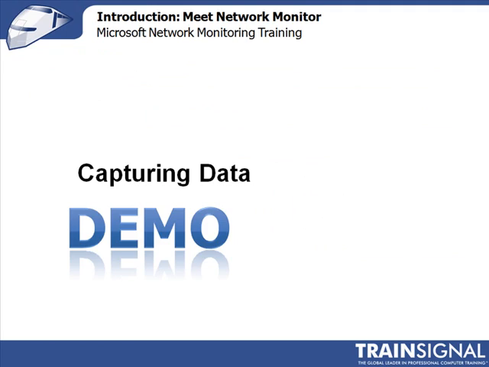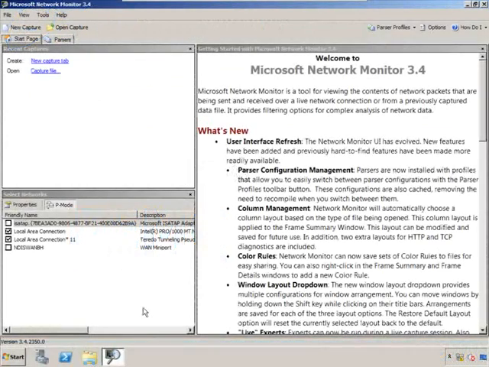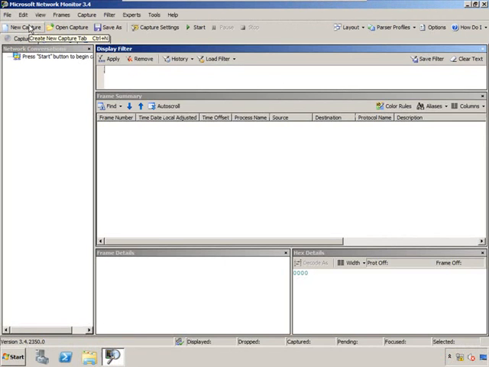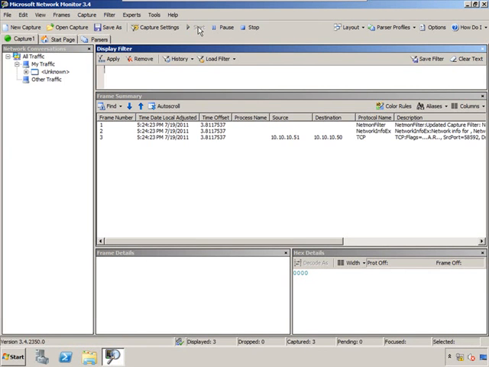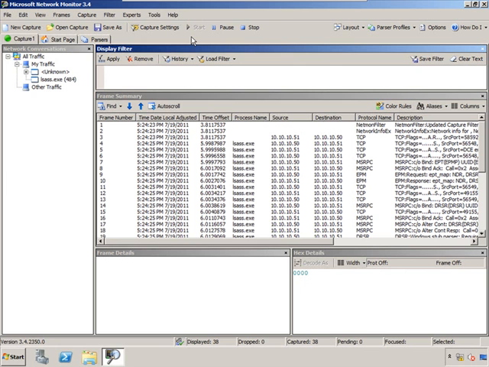Let's capture some data. To capture data, I'm going to choose New Capture and click Start. Now, in a real-world environment, you're going to get a lot of data really, really fast, especially running in promiscuous mode. In this situation, I've got two domain controllers running. So notice there's quite a bit of conversation happening between these two machines, even though we don't have anything connected to each other. So if I scroll down,